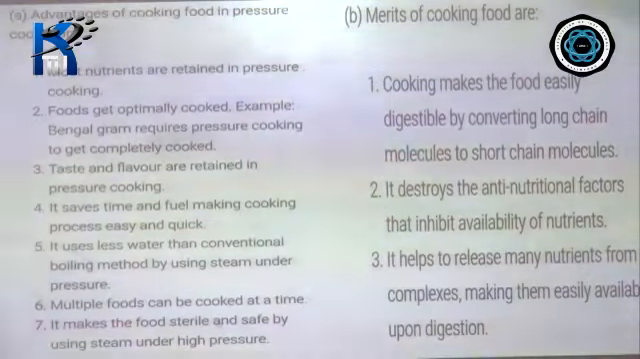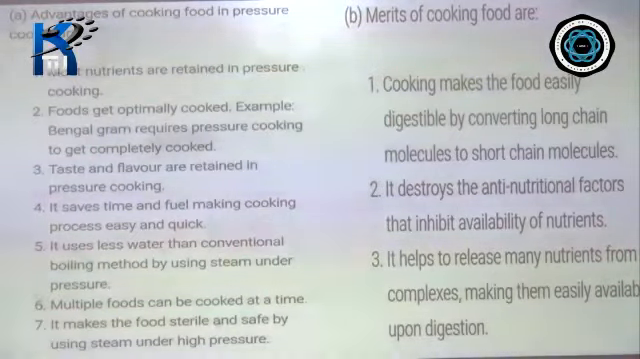You can write the answer in this manner, like advantages of cooking food in a pressure cooker could be that the nutrients are retained, the food gets properly cooked and is easily digestible, the taste and flavor of the food doesn't get spoiled, time is saved, a very important factor, less water is used than the boiling method, multiple food can be cooked at one go, and another last important point is that the food is sterile and safe to